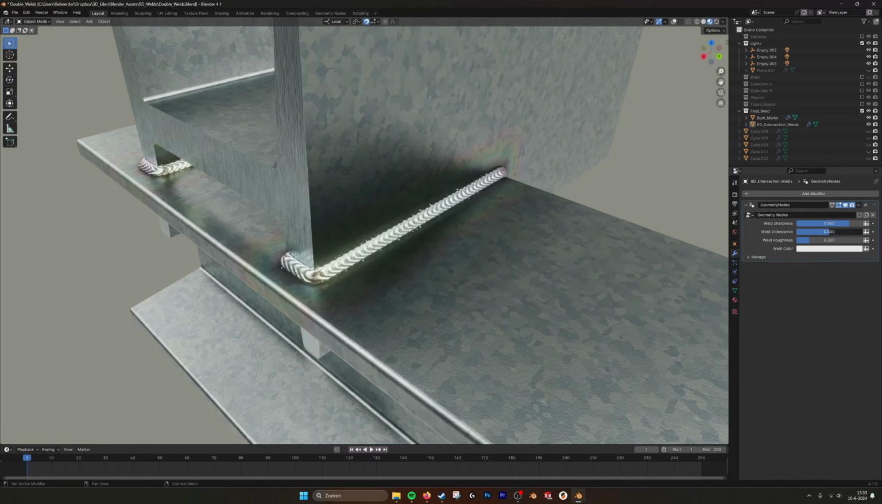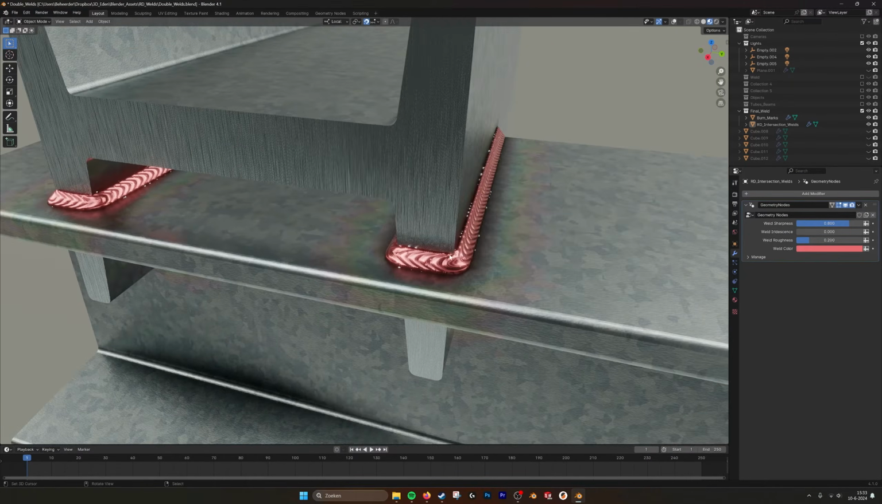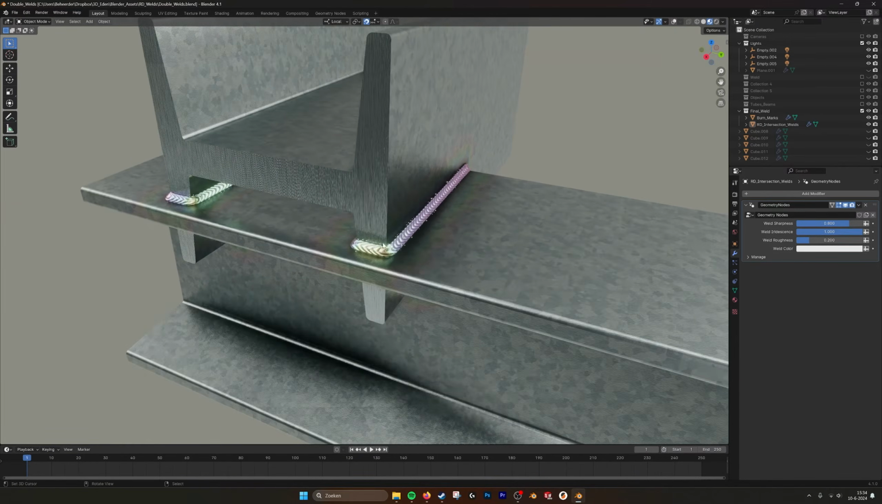We have the iridescence that we can change. So if we put that to 0, it will take the color. Here we can set the color. Let's put it on red. Like if it's some kind of aluminum weld, you can give it certain colors based on the temperature that you're using for your weld. If we set the iridescence to 1, it's really